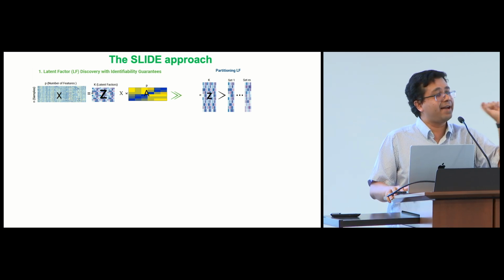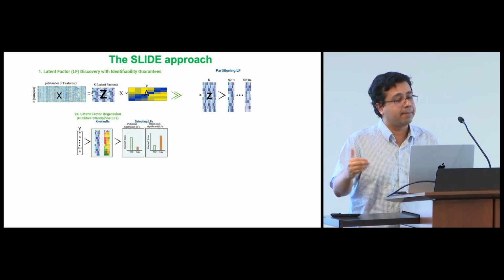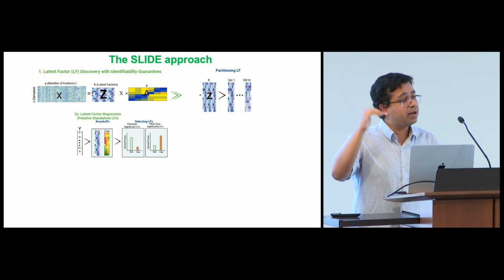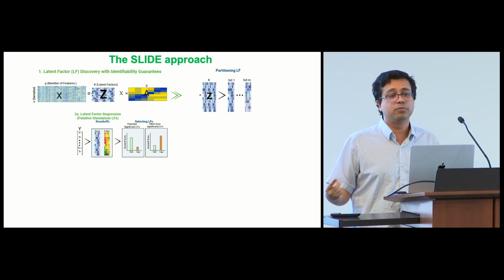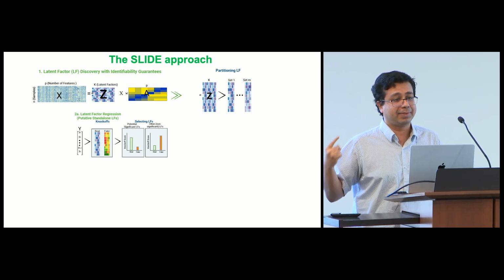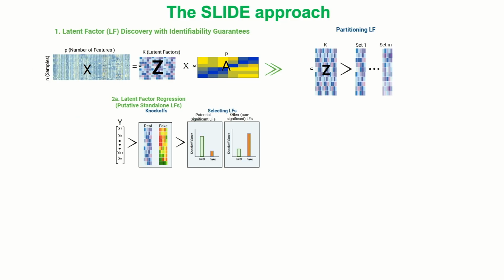Now that we have identifiable latent factors, we regress to outcome using these. So here regression makes sense. In an NMF setting where the latent factors themselves are moving around, regression does not make as much sense. But these are stable latent factors, so we can regress to outcome using these. And here we can prove guarantees on the regression coefficients. But remember that the latent factors themselves can be overlapping. That reflects true biology. So they can be multicollinear.